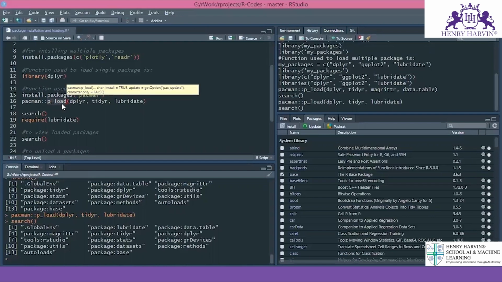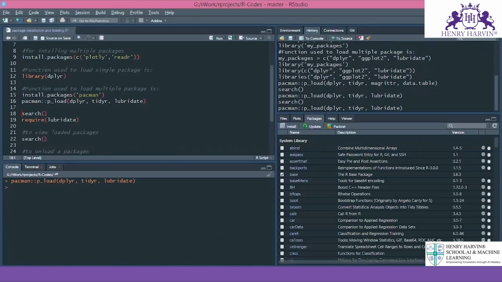That is, we want to load these packages from the package pacman, and within the brackets you can write the name of the packages that you want to load in that session. So let's run this command. So what we have done is we have loaded the packages